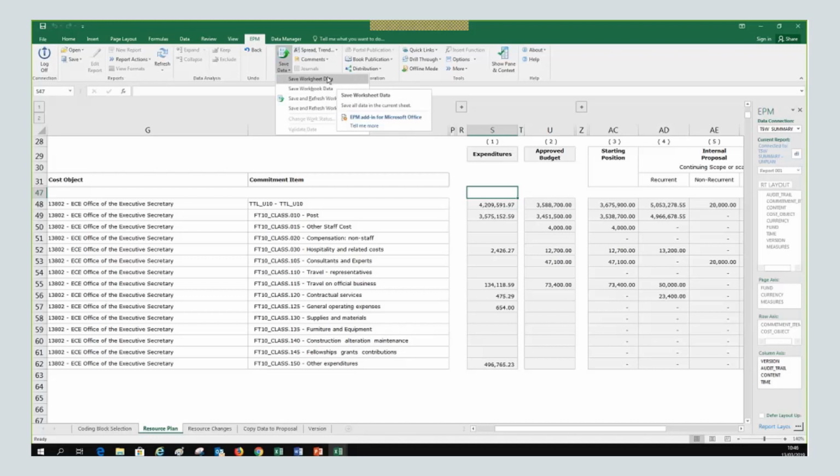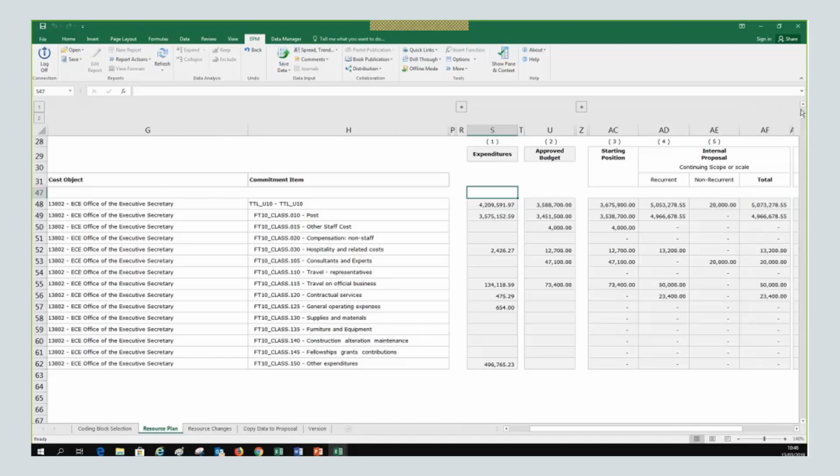So if you want to go to the next commitment item, maybe it's even good to save worksheet data, because once you double click on the hierarchy, it's going to be refreshed anyway. So that's a very good comment. Remember, I don't want you to lose this point, because it's very important. On position forms, you have save and refresh buttons on the spreadsheet. On summary forms, you have to go to EPM and find them. Here is the refresh, and here there is the save button, as Danny was saying, or save and refresh, which is a combination. You save first and then it refreshes automatically.